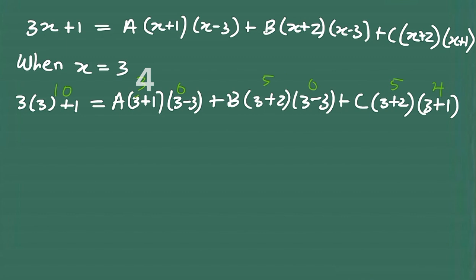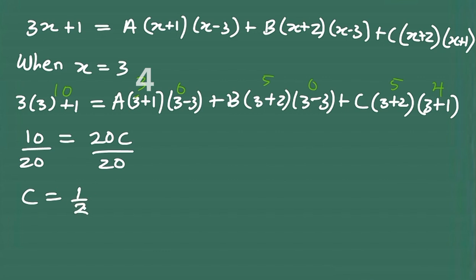Okay, so here we are going to have 10 equals a, times 0, and b times 0, and so basically a and b are gone. So we are left with 5 times 4, which is 20, so this will be 20c. Dividing through by 20, we are going to have c equals